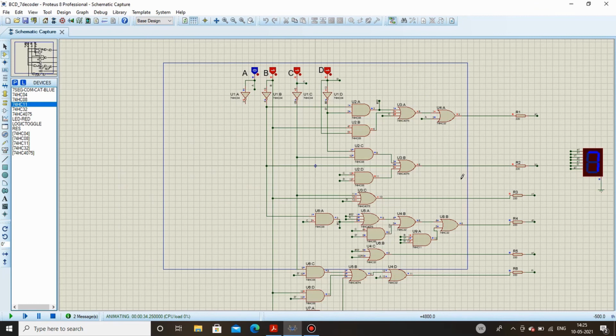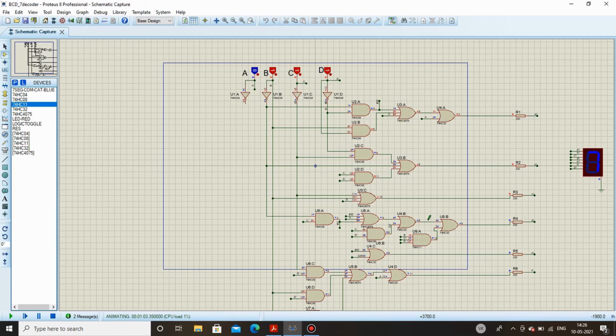So now coming to the application part of this 7 segment display and the decoder. If you notice, this kind of display is widely used in digital clocks, measuring instruments and meters and whatnot. And constructing this kind of decoder circuit with the help of logic gates is not feasible every time. So there are ICs which already perform this internal operation and we get the output. We will see about those ICs in the next video.